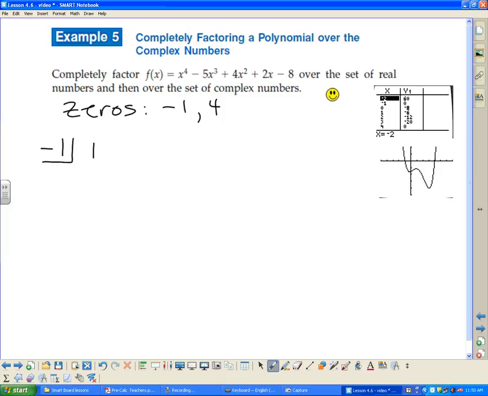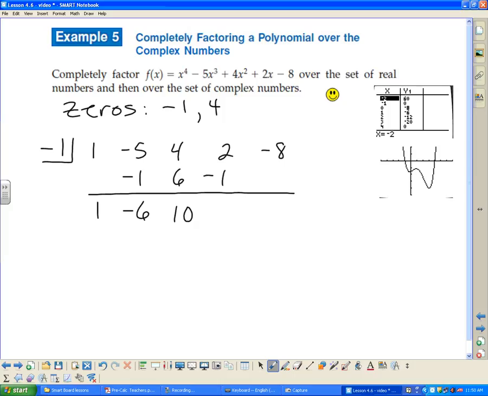And so I'm going to do synthetic division with -1 first of all. Take our coefficients, so 1, -5, 4, 2, and -8. We'll bring down the 1. -1 times 1 is -1, so we have -6. Times -1 is 6, so we have 10. Times -1 is -10. Combine them, we get -8. Times -1 is 8, and 0. Okay, so we've reduced that from a quartic to a cubic, and now we'll use 4 and reduce this down